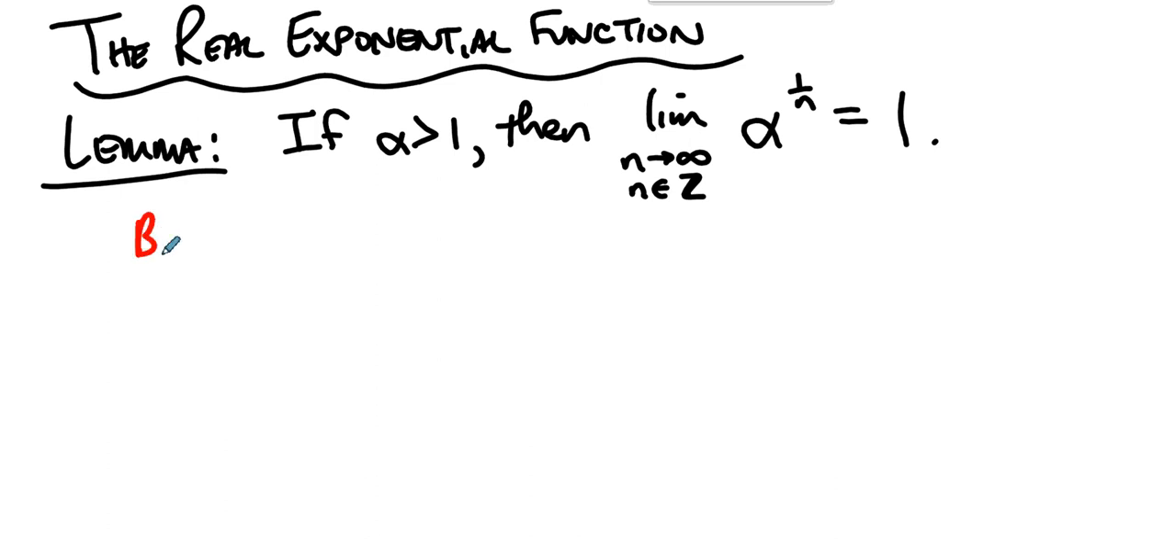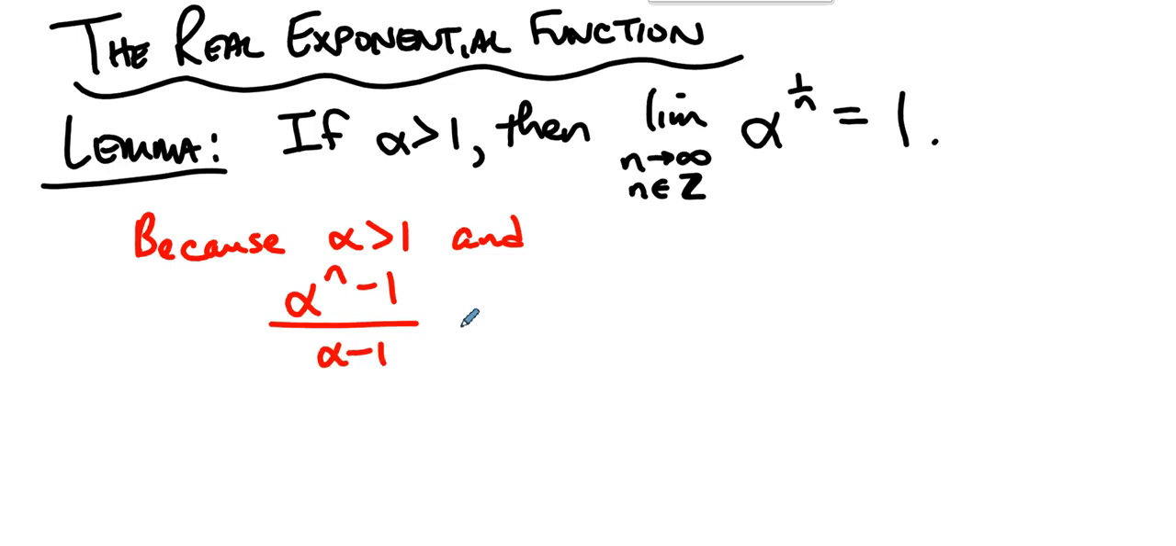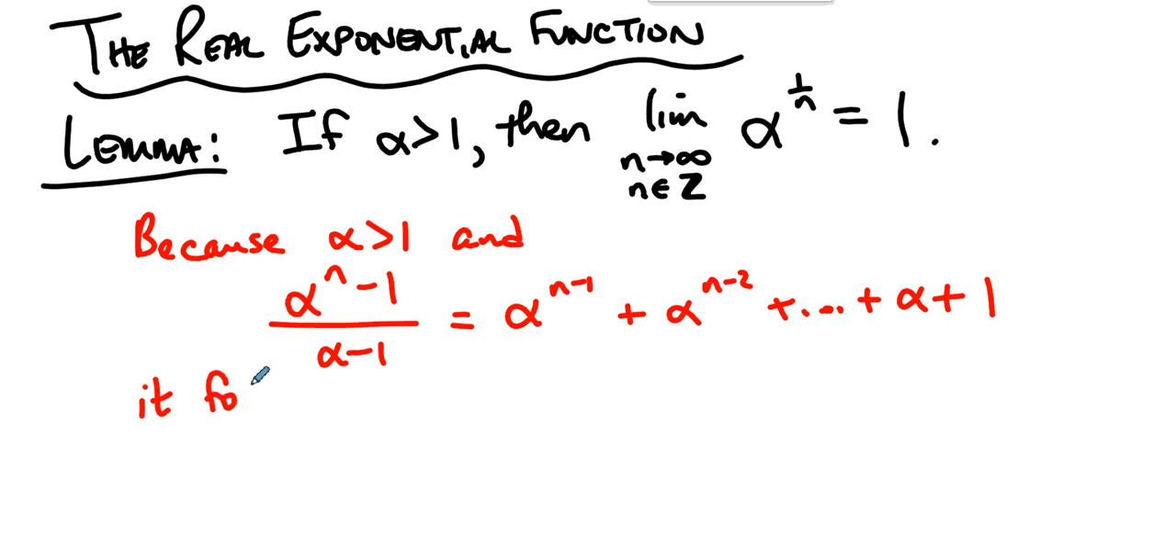How do we know? Well, because alpha is greater than 1, and because algebra tells us that alpha to the n minus 1 over alpha minus 1 is alpha to the n minus 1 plus alpha to the n minus 2 plus dots plus alpha plus 1. This is just algebra. It follows that,